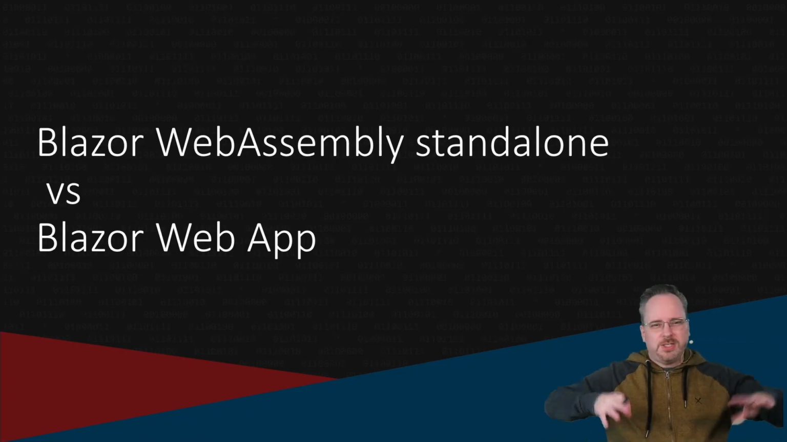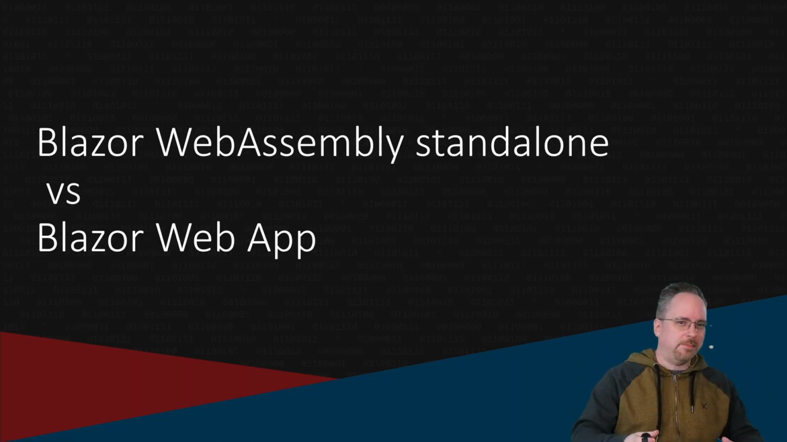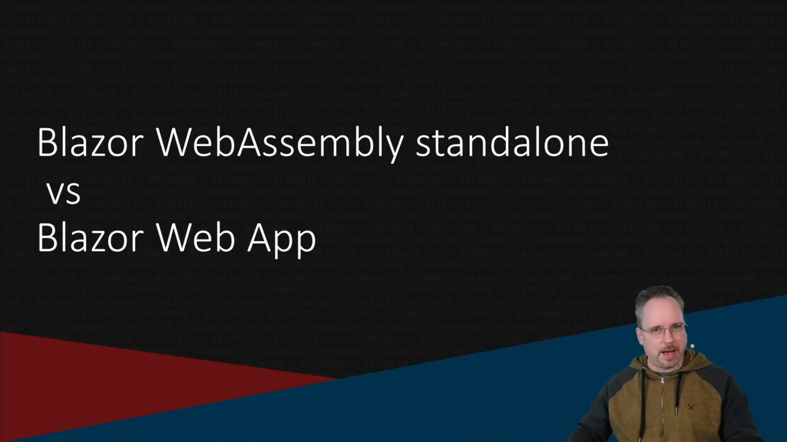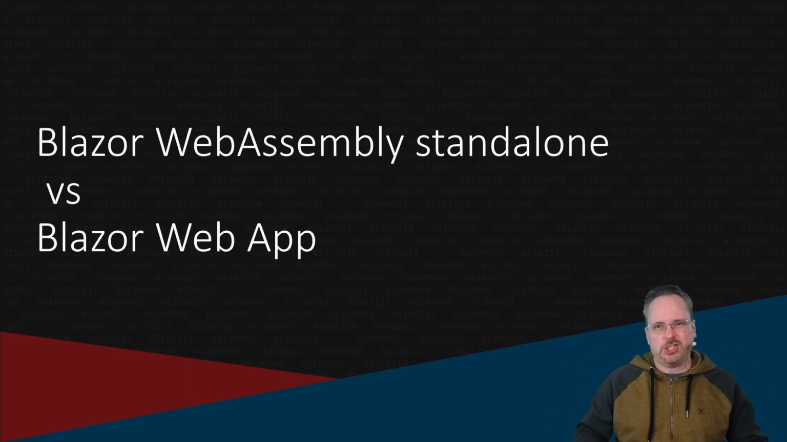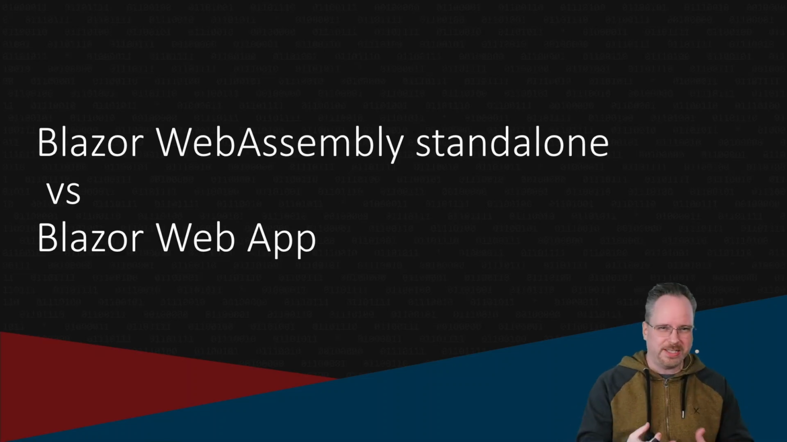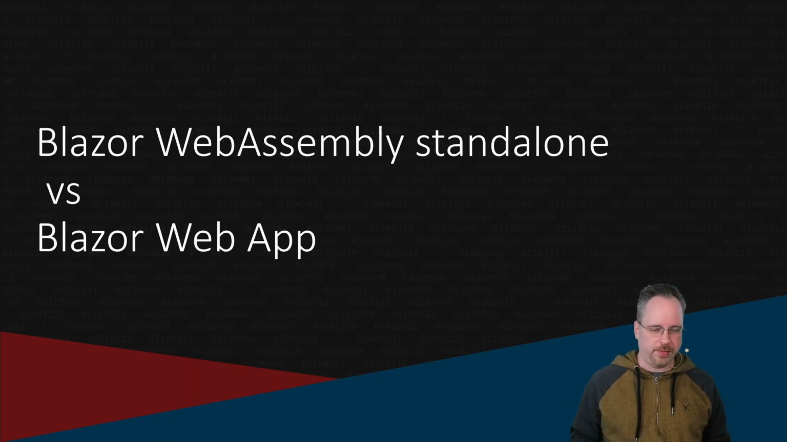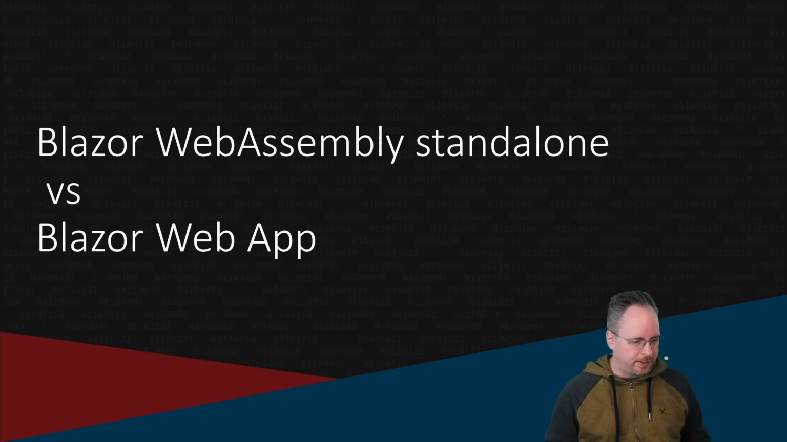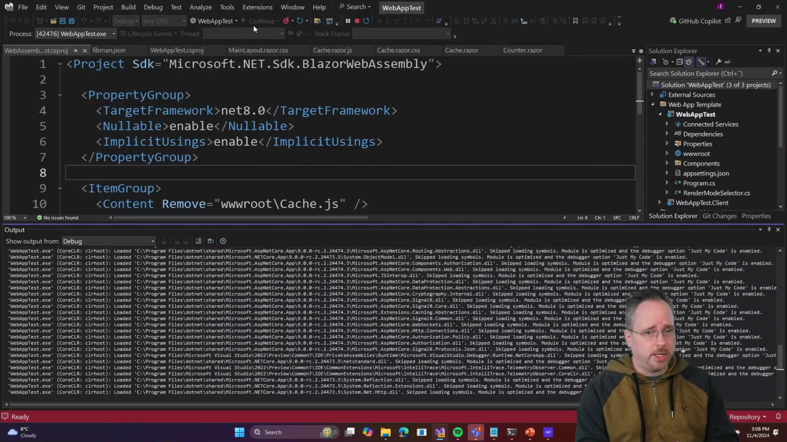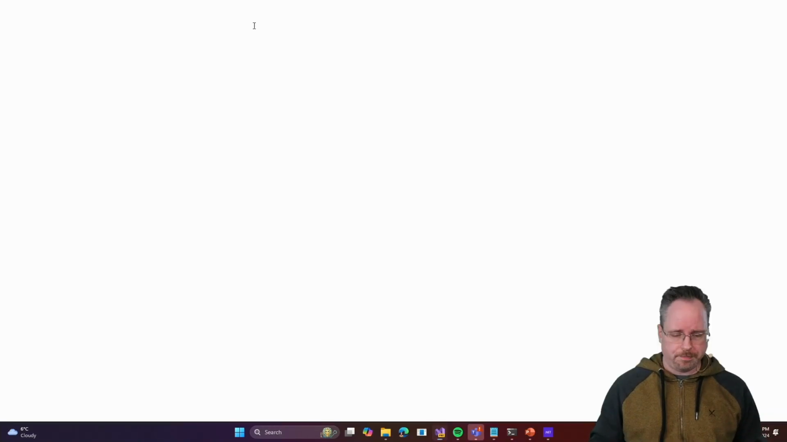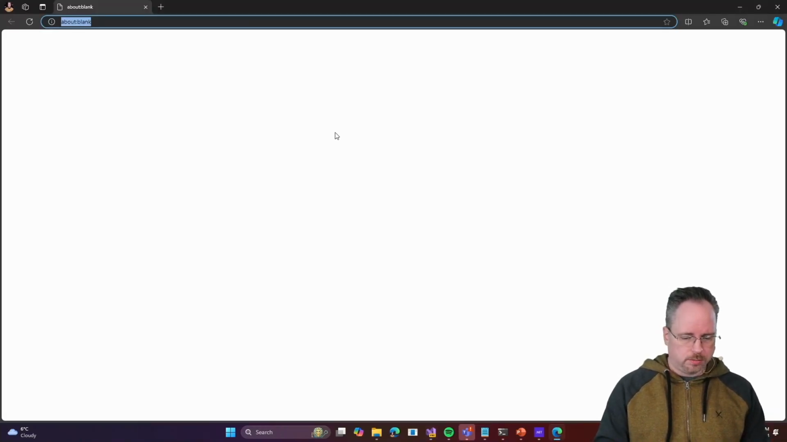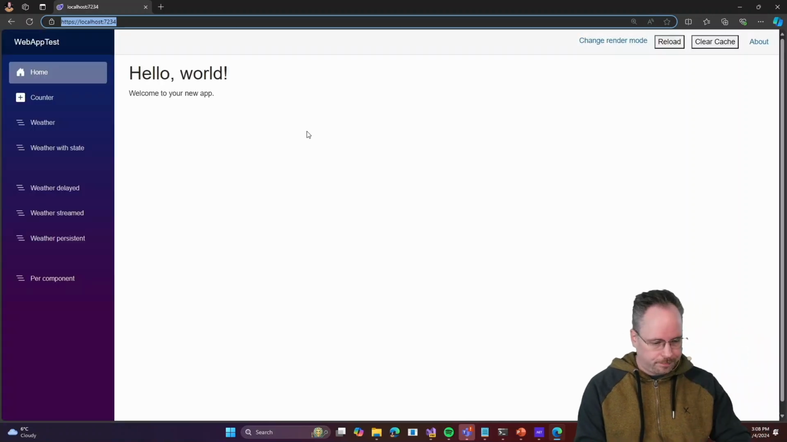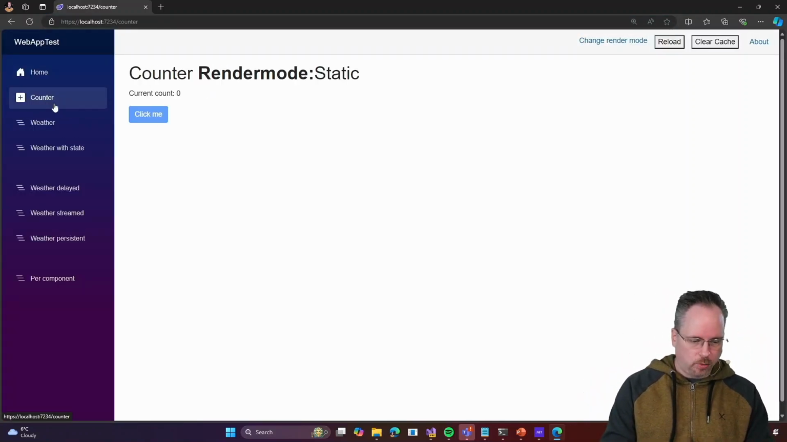So when it comes down to WebAssembly standalone or Blazor web app, it comes down to the initial experience. What do we want to see the first time we run the app? So let's take a look at a demo. Let's start the project here. We're going to start with a web app template. I'm going to load the project, go into my counter here, and we can see that the counter